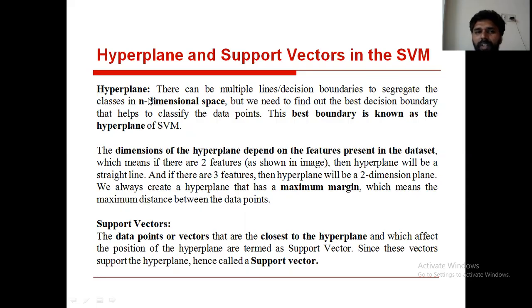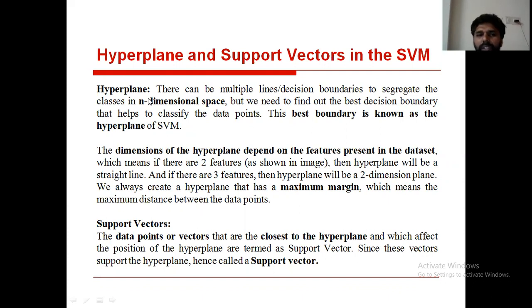With the help of hyperplanes, we will get the best decision boundaries. With the help of these best decision boundaries, classification is done exactly. Here, the best boundary is known as the hyperplane. These hyperplanes are used in the SVM.